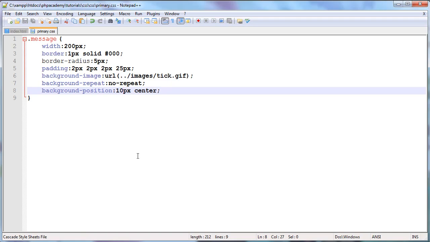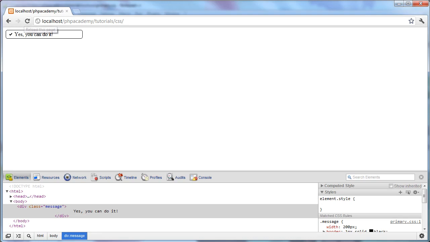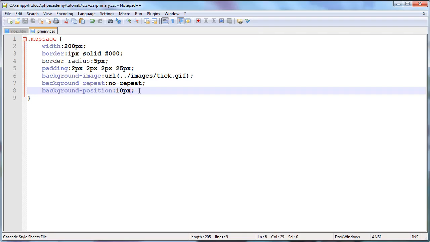vertically. Now remember earlier we actually left off this and it defaulted to center, so we can actually go ahead and remove that and refresh, and it stays the same. So we're reducing the size of our CSS file as well. Okay, so essentially now we've included our background image, we've said that we don't want it to repeat, and we've also spoken about repeating on the X and Y axis, and we've set a background position of 10 pixels, which